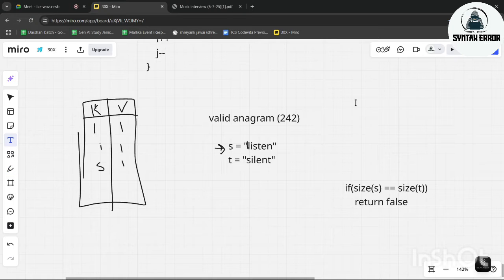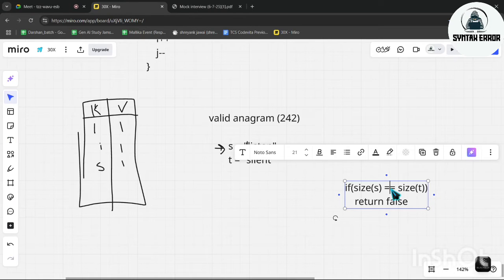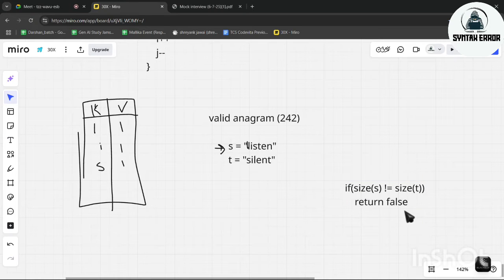Oh yes, return false. Why? Because if this size is not equal to this size, then it's obvious that those two strings are not anagrams.